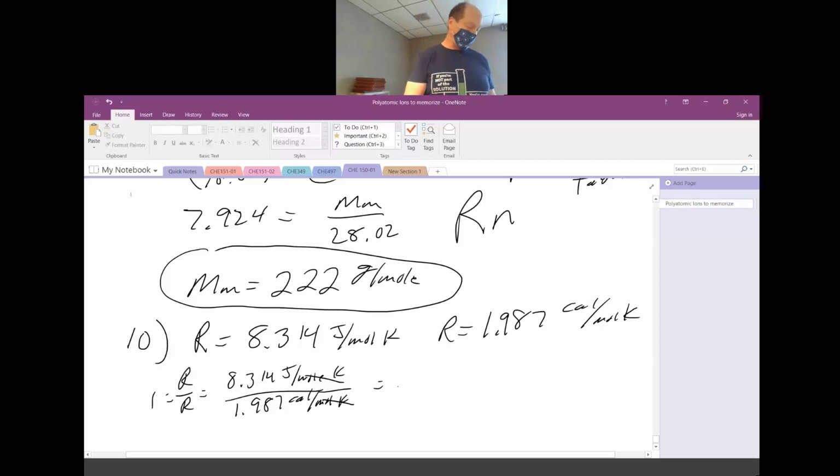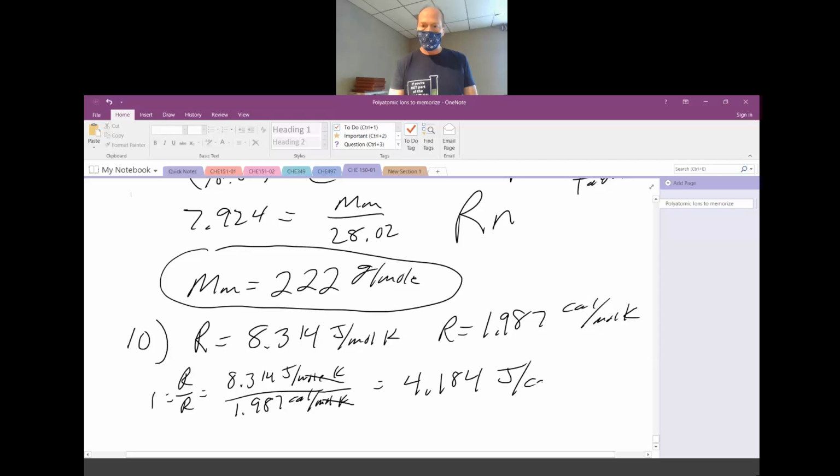When you take your calculator and divide 8.314 by 1.987, you get the actual conversion of joules to calories. So there are 4.184